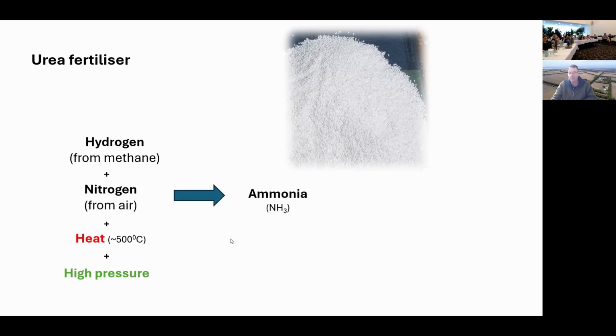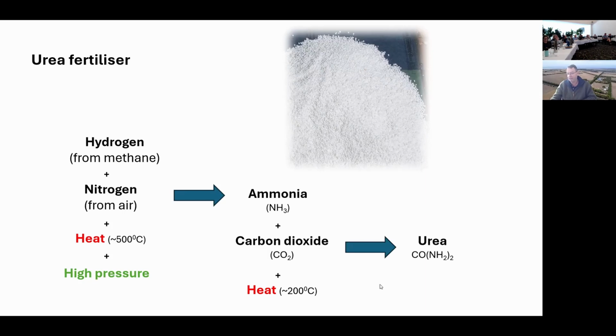That creates ammonia, NH3. Now, ammonia theoretically is a greenhouse gas, but it only stays in the atmosphere for a couple of days at maximum. So you lose ammonia, it reacts and disappears very quickly. While it theoretically is a greenhouse gas, because it's got four atoms in the molecule, it disappears very quickly, so we tend not to count it as a greenhouse gas. We combine that with carbon dioxide, and the combination of those two with heat again ends up producing urea as a product.